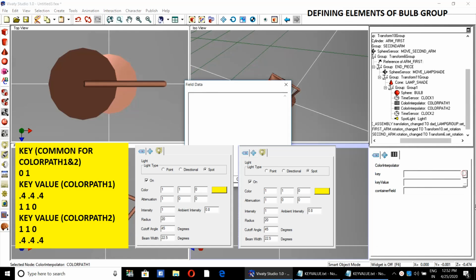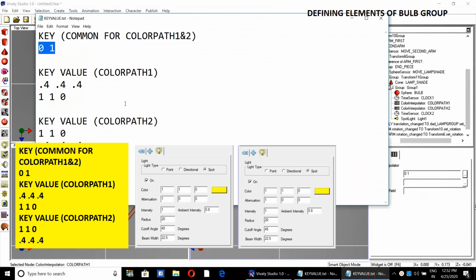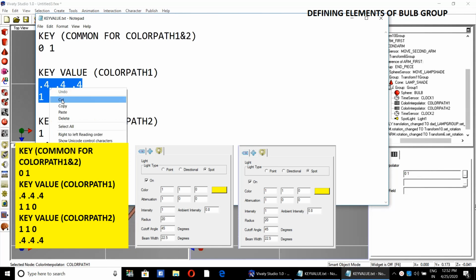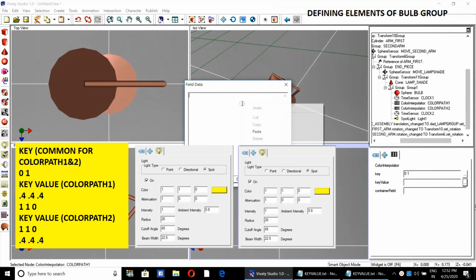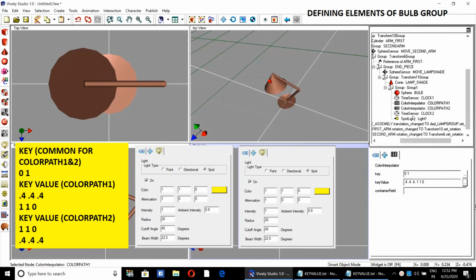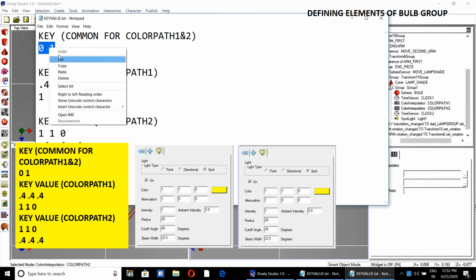Just directly copy and paste the value in the field data. Then for color path 1, the values are like this: 0.444110. For color path 2, again the key value is 0, 1.